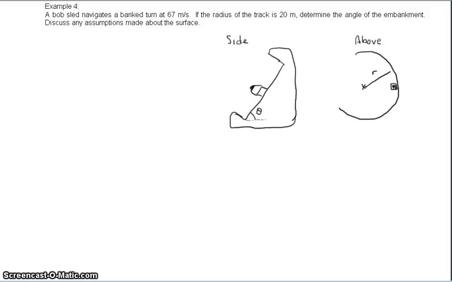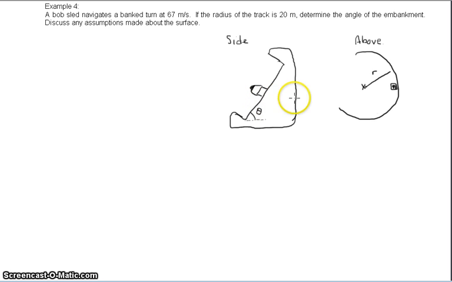Okay, so we have a bobsled traveling around a turn. Now, at 67 miles an hour, if the radius of the track is 20 meters, determine the angle of the embankment. So the angle of the embankment refers to this angle right here, the angle made between the horizontal and the